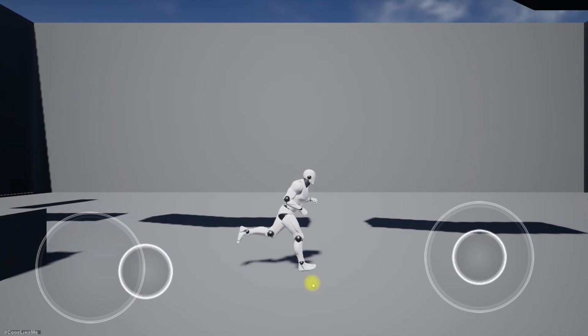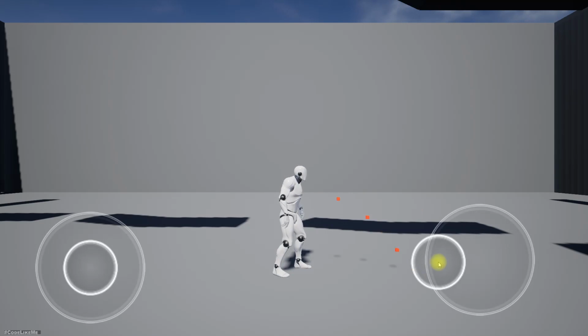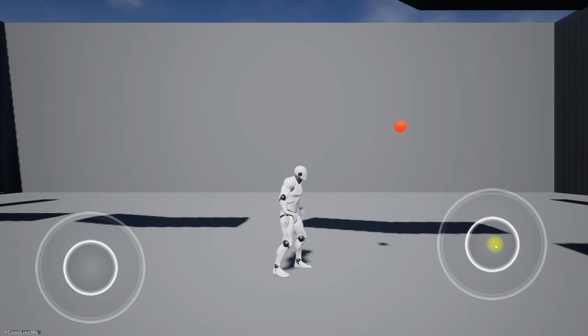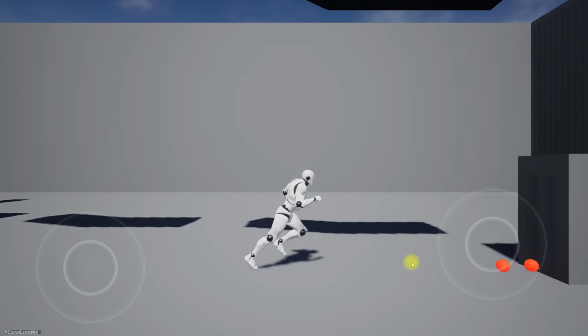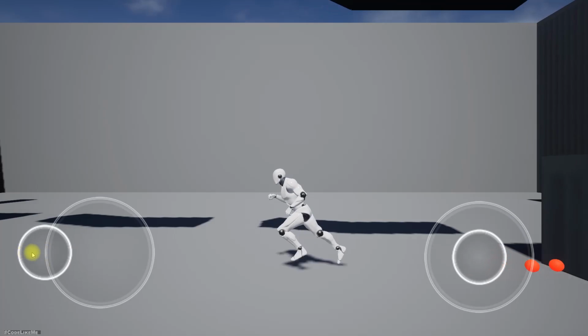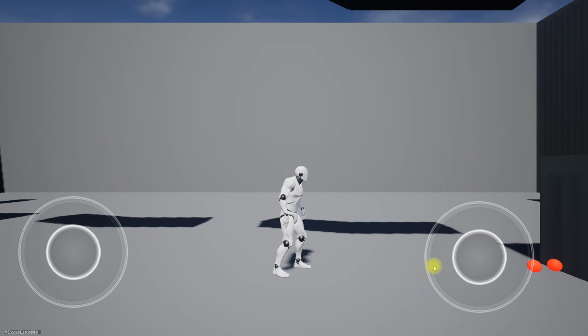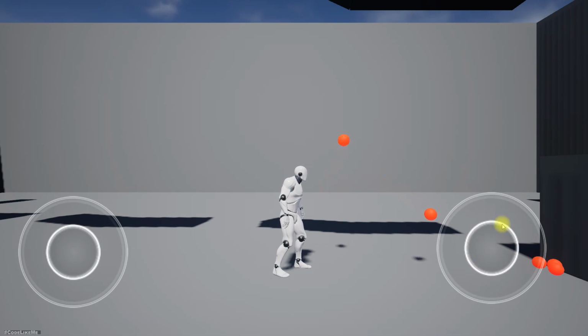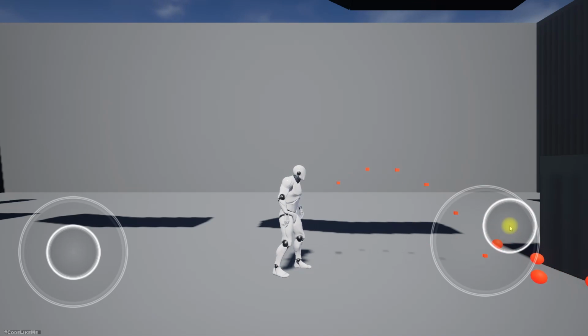We can move the character like this and jump and control the projectile path like this, and once I release, the character will throw the projectile. So yeah, that's it. I'm gonna stop this episode at this point,